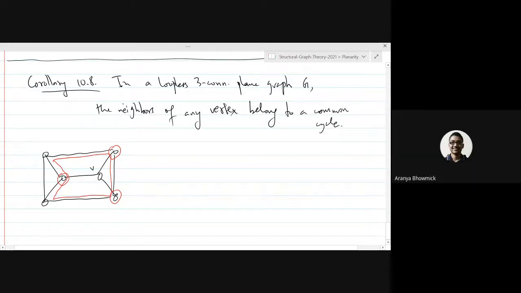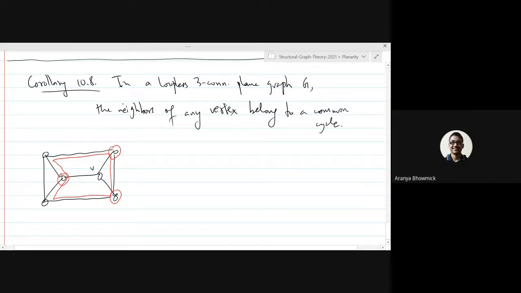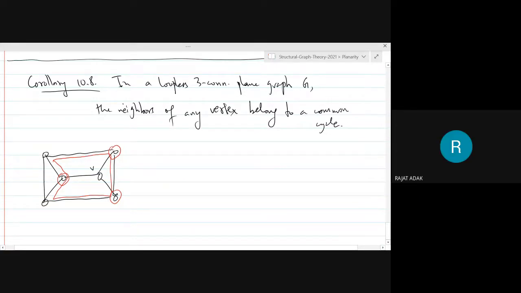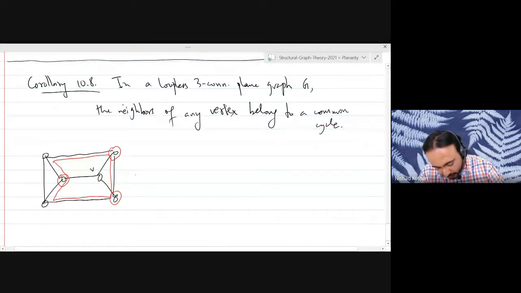But why is that a cycle? Why can't that be an even subgraph? Sir, I think that is clear from the drawing. Does anybody else have an explanation for that? Since G is three connected, we can look at G minus V. It must be two connected, right? And then we can apply Whitney's theorem. That is a much easier explanation. My question is, why is the symmetric difference of those cycles an even subgraph? But here is a simpler way to think about it.